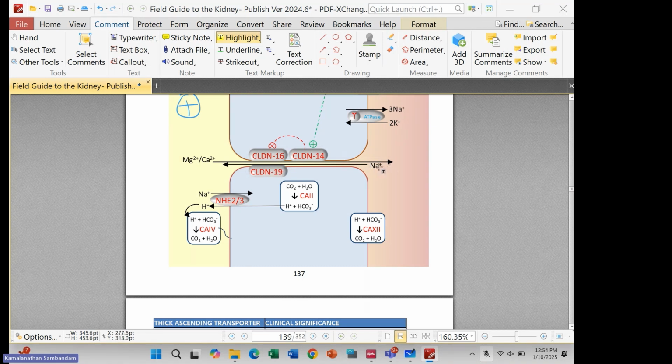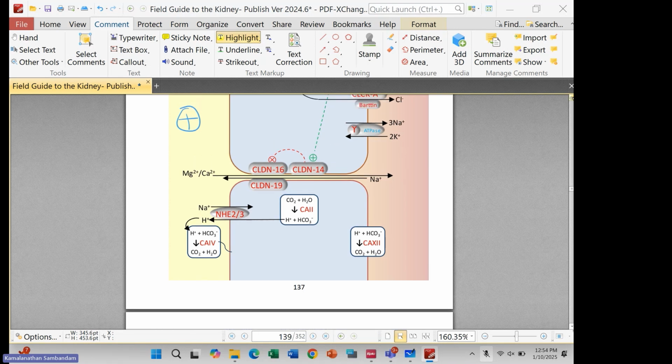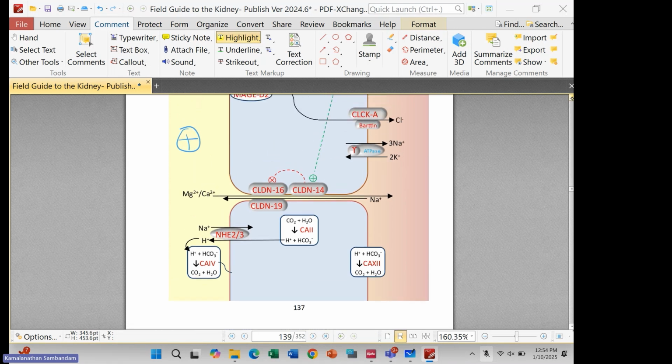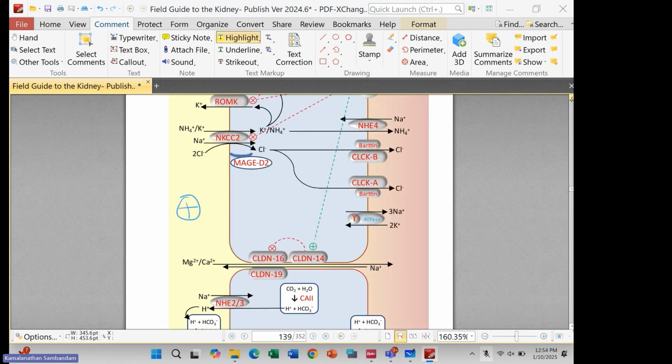So again, the back leak of sodium in excess of chloride back leak creates that lumen positive potential difference, pushing magnesium and calcium paracellularly. Again, claudin 14 is a regulator of claudin 16 and 19, and you can see that